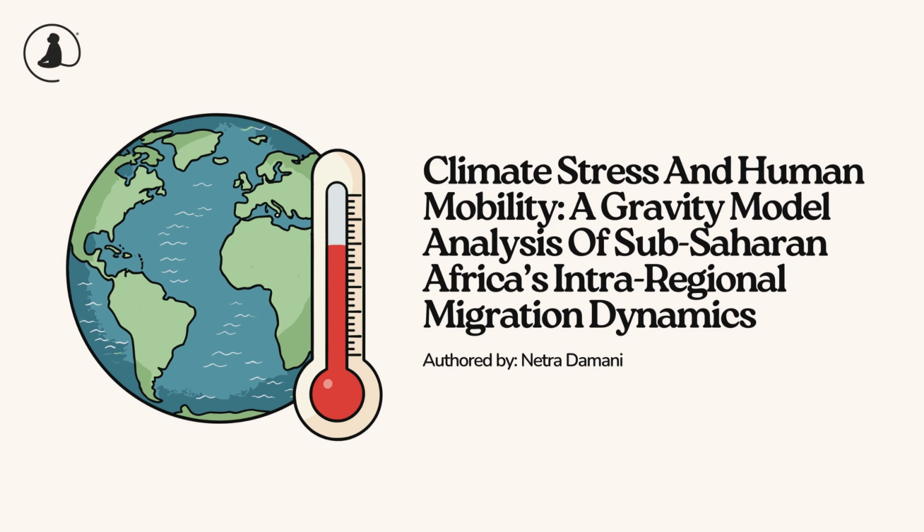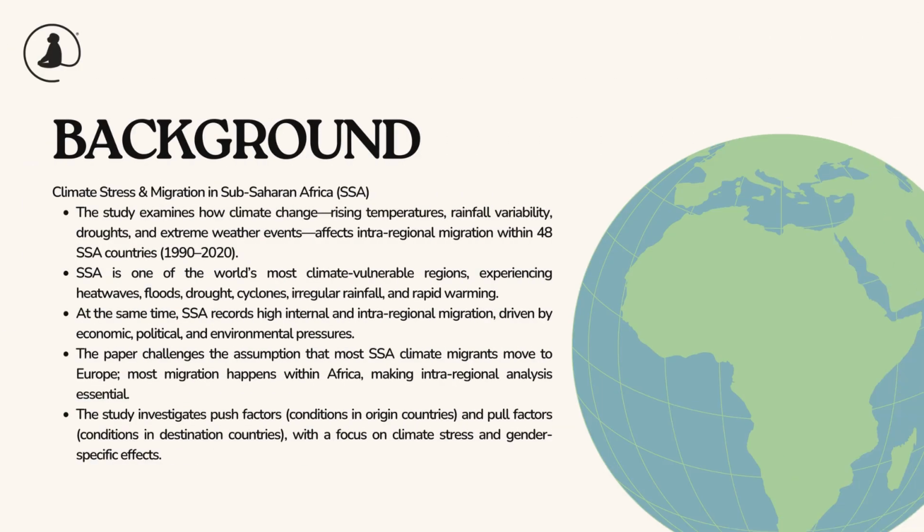Part of our working paper series at Monk Prayogshala's Department of Economics, this paper investigates how climate change, including rising temperatures, rainfall variability, drought, and extreme weather events, shapes migration patterns within the 48 sub-Saharan African countries between 1990 and 2020. Using robust econometric modeling, the study explores how environmental stress interacts with economic, social, and political factors to influence